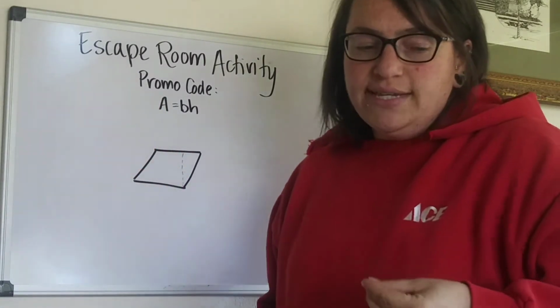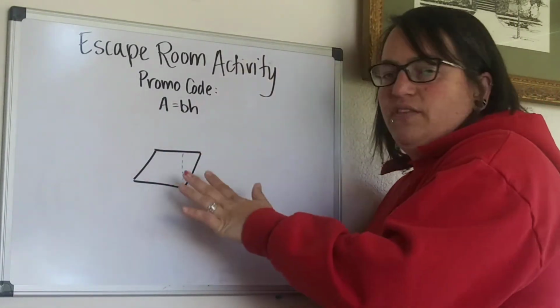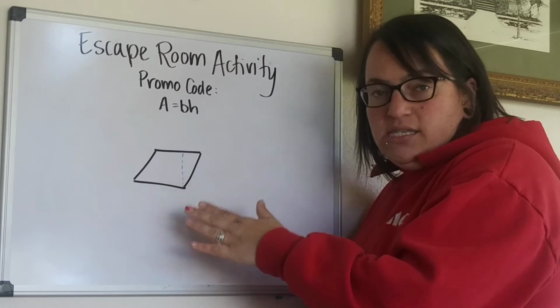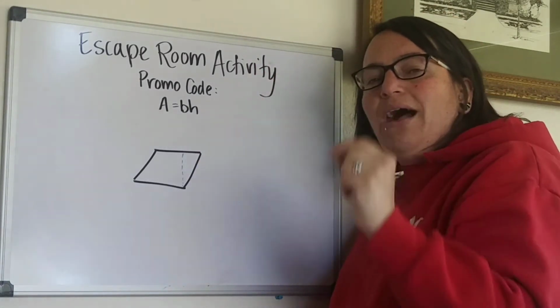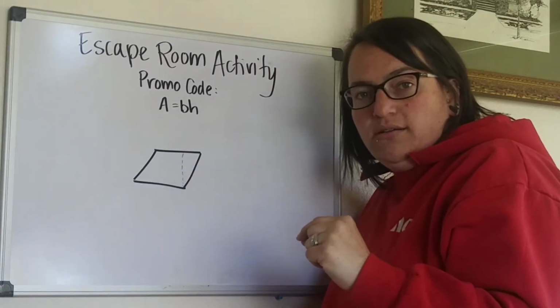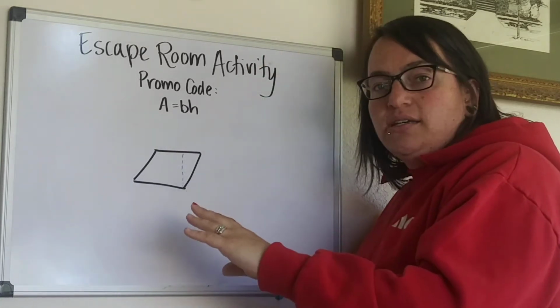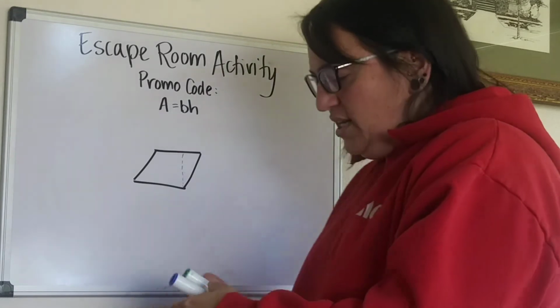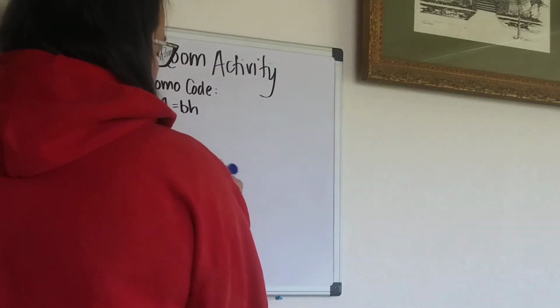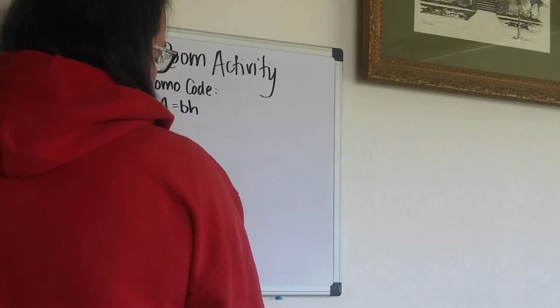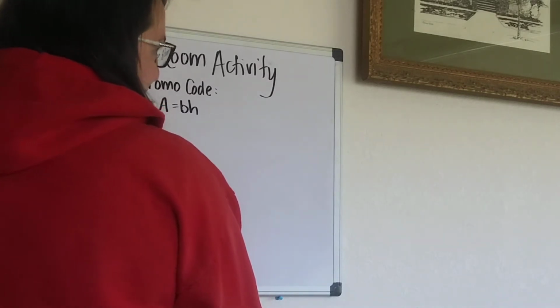So not only is it just asking you what is the area of these parallelogram shaped pizzas, but then they're asking you how many people will that feed. Okay, so there is a second step. So your first step is to just find the area. Okay, and that's why I need to pick a bigger number, because for the example, it will not work that way. So let's say we do, I don't